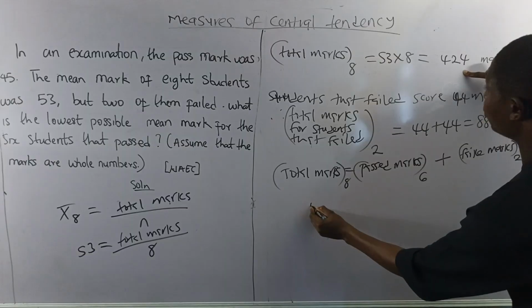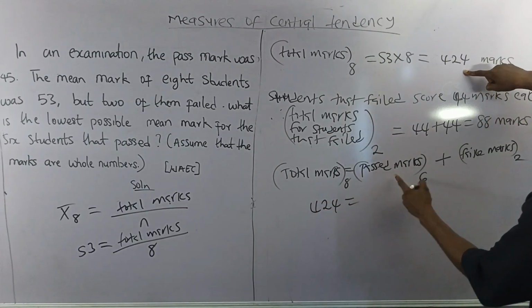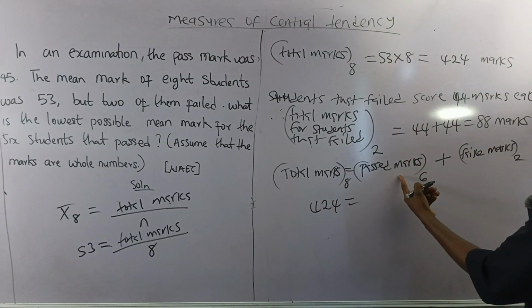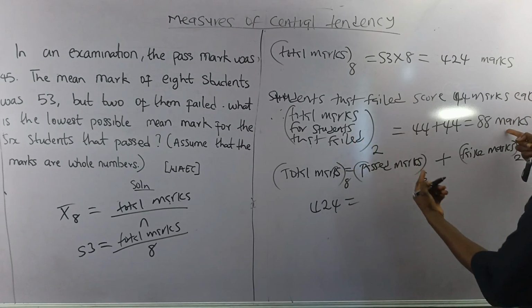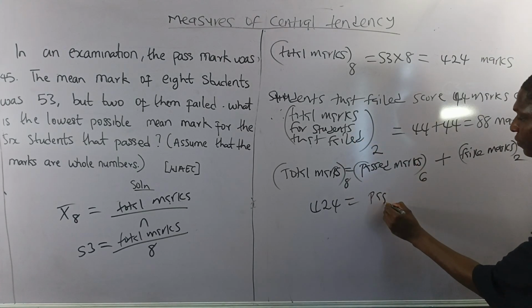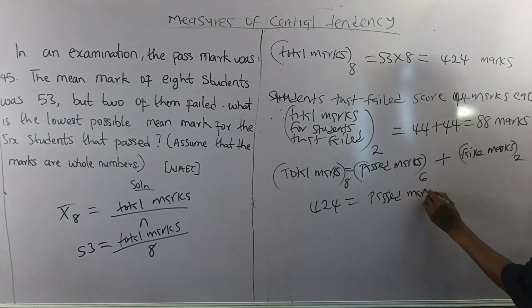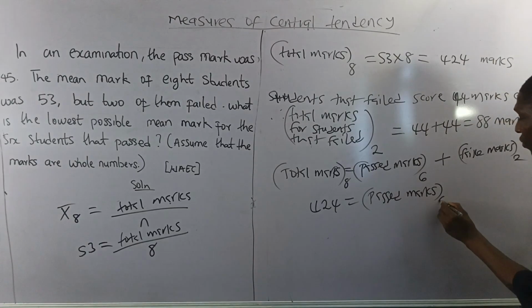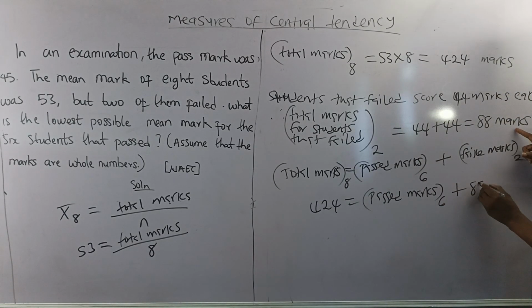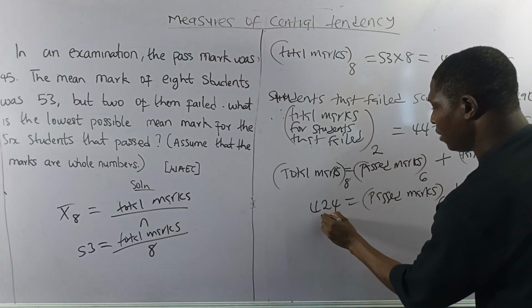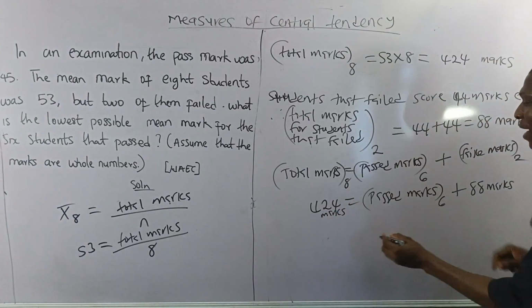Now, total mark is 424. Passed mark is what we are looking for now because we know the total marks of students that failed. Passed mark, in brackets for 6 students, plus failed mark, 88 marks. Let me put marks here. So, passed mark